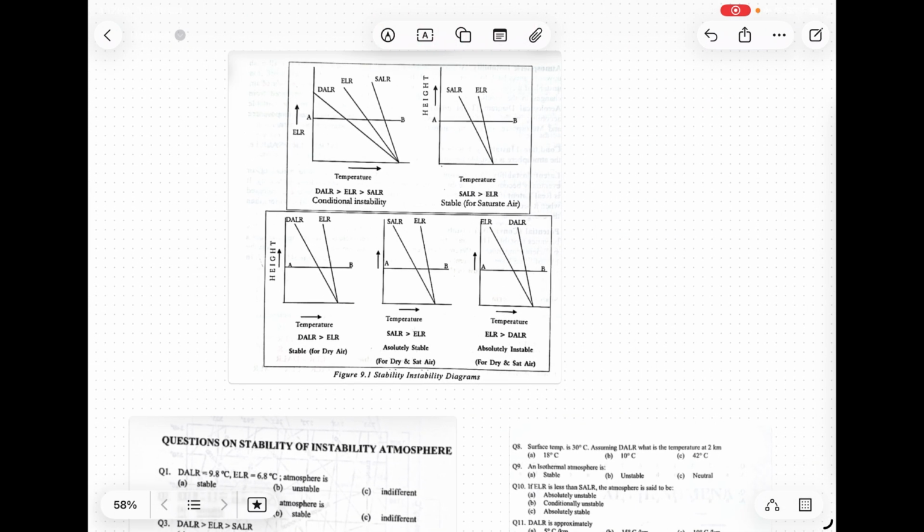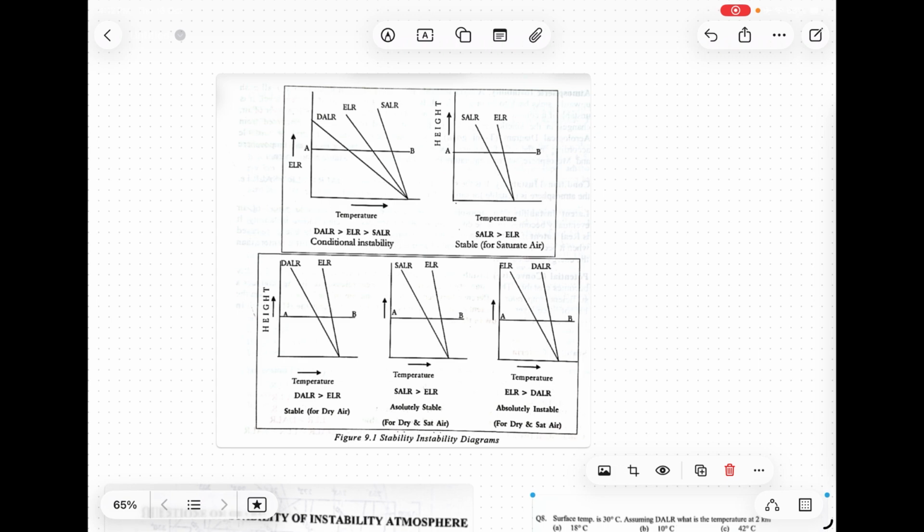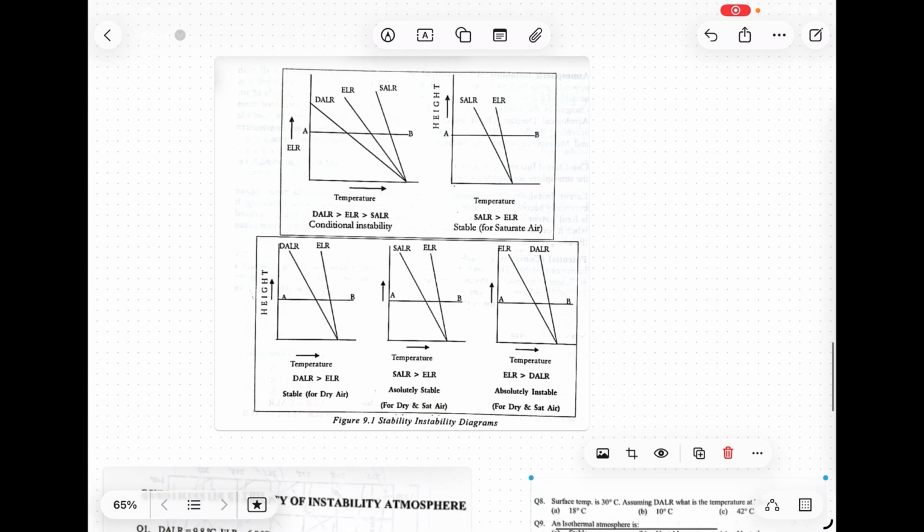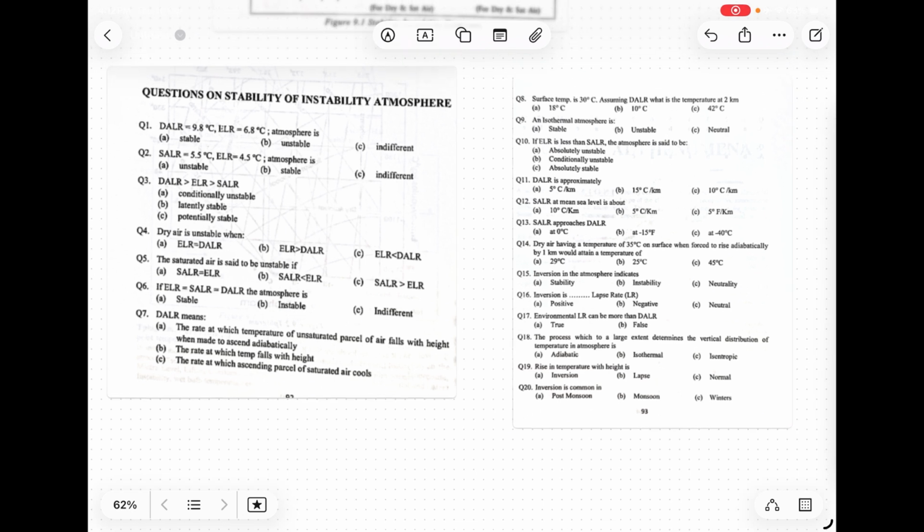So this is taken from IC Joshi. You could just take a screenshot and see how it works. It's a very simple graph that I've just explained to you. And then these are the questions again from IC Joshi. Very simple, very direct. You just need to understand when it is stable, when it is unstable. The values are changed because in real time everything could be different. So just follow these questions and you're good to go for your stability chapter.